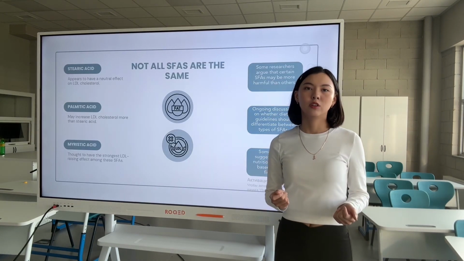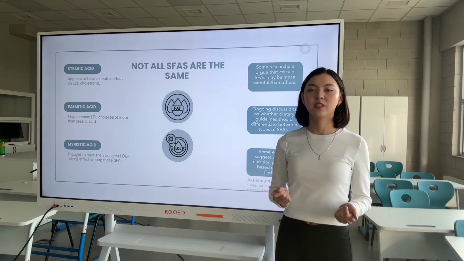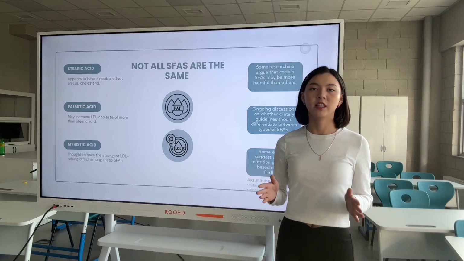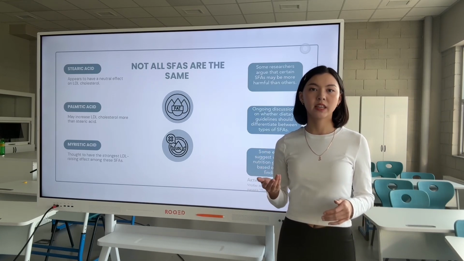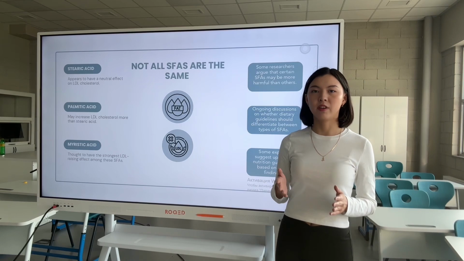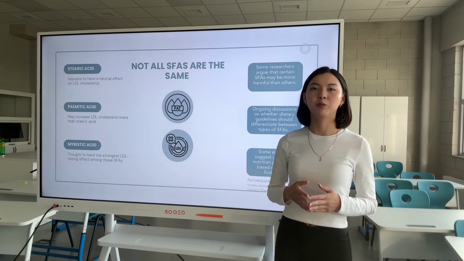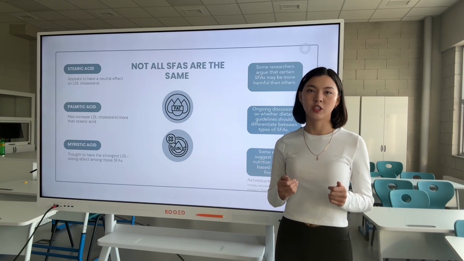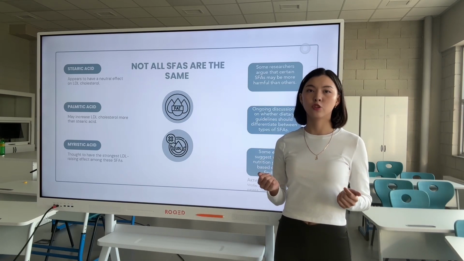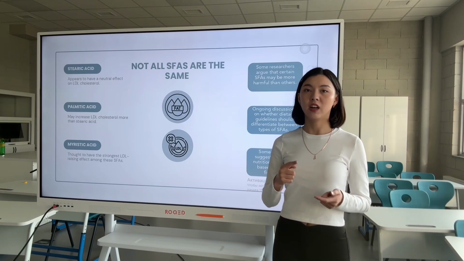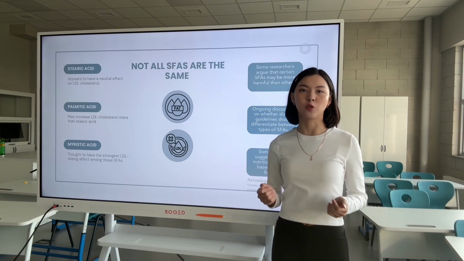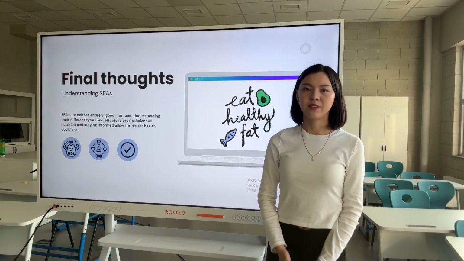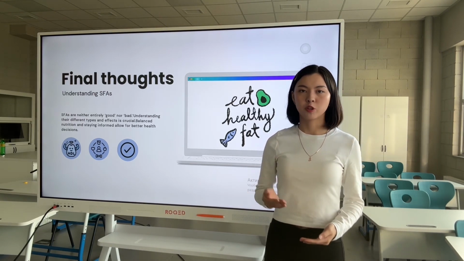It's crucial to acknowledge the ongoing debate surrounding different types of SFAs and their effects. Not all SFAs are created equal. As we mentioned before, stearic acid appears to have a more neutral effect on cholesterol, while palmitic and myristic acids may have more pronounced effects. This has led to discussions about whether dietary guidelines should differentiate between various SFAs rather than treating them as a homogeneous group. To summarize, we have explored the fundamental structure and sources of SFAs, their digestion, their absorption, their role in